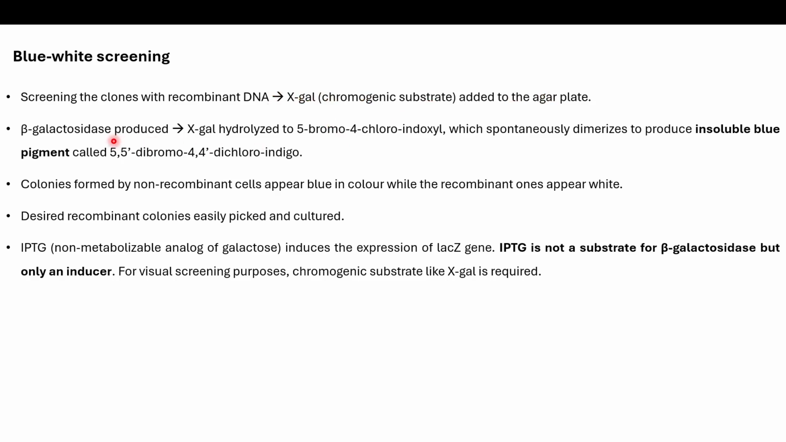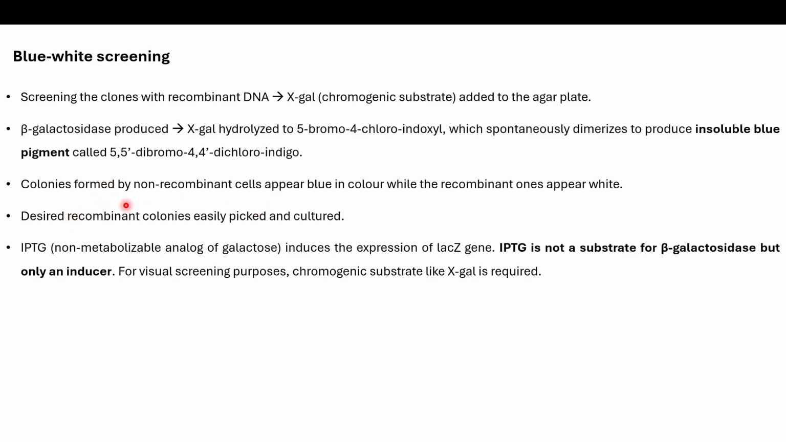Now, if beta galactosidase is produced, it can act on this chromogenic substrate, which is X-gal, to break it into an insoluble blue pigment, which is a big name, 5,5' dibromo 4,4' dichloro indigo, which is a blue colored substrate and insoluble. Okay, so colonies formed by non-recombinant cells appear blue in color while the recombinant ones appear white, because